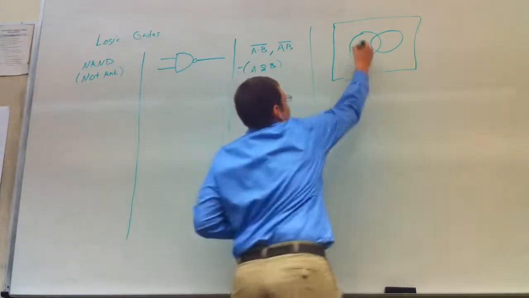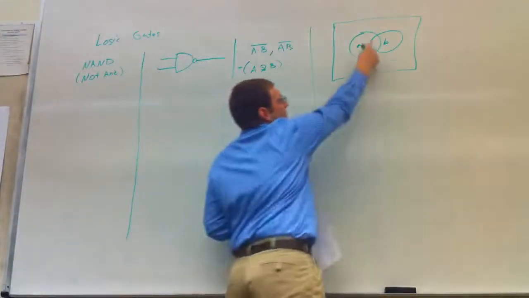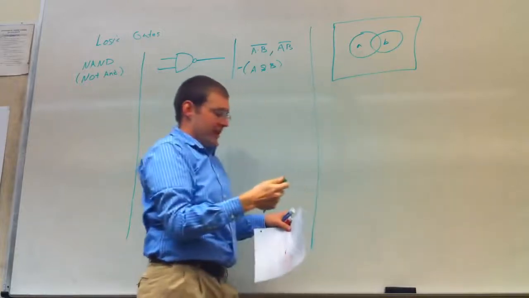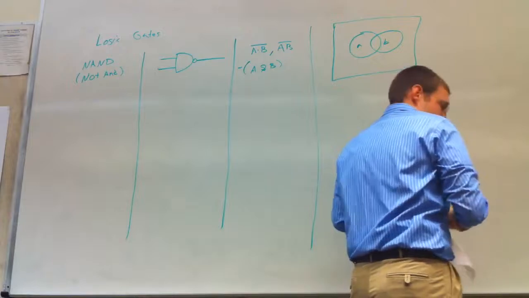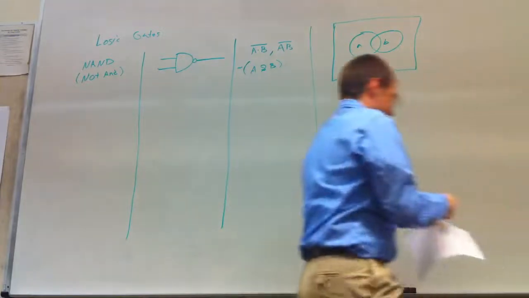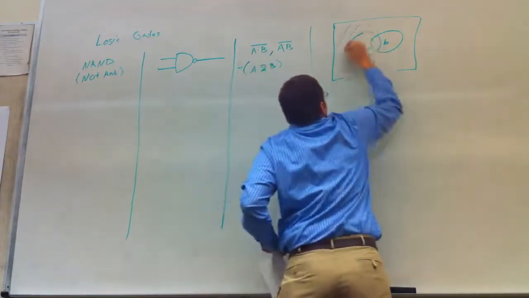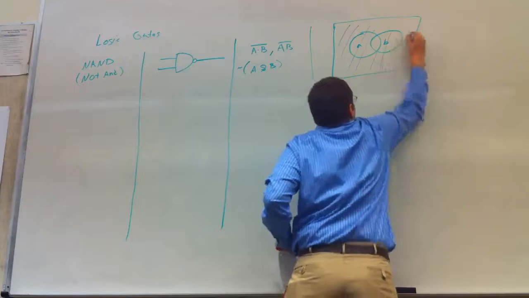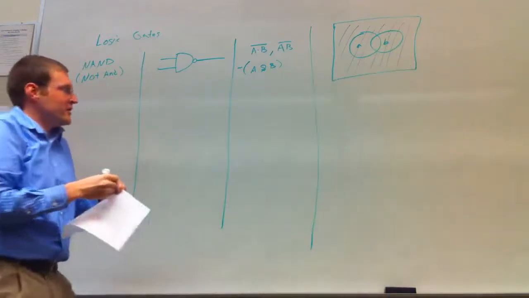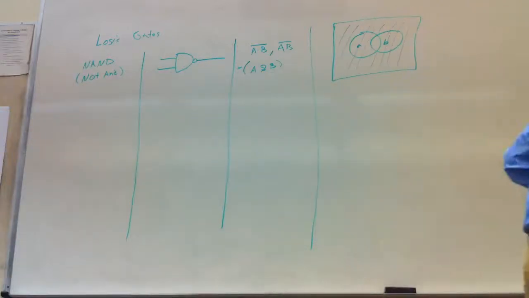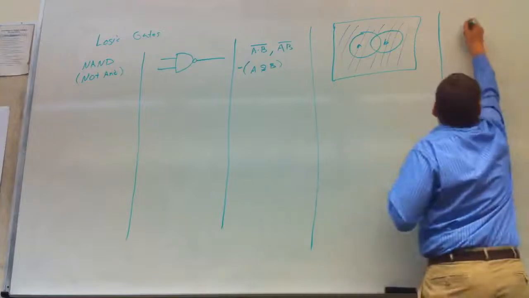So if you have A and B, so AND was everything inside, everything that A and B covered. So the not AND was everything opposite of what the AND covered. So everything inside here but the middle part that A and B covered. So the truth table is